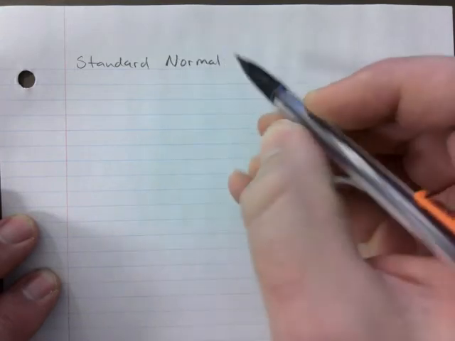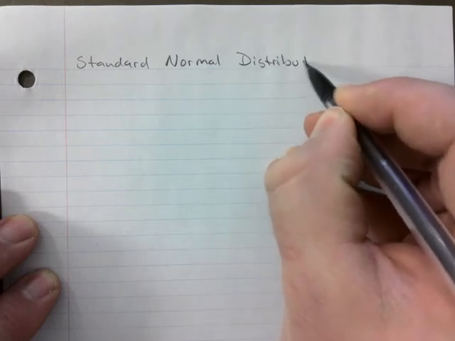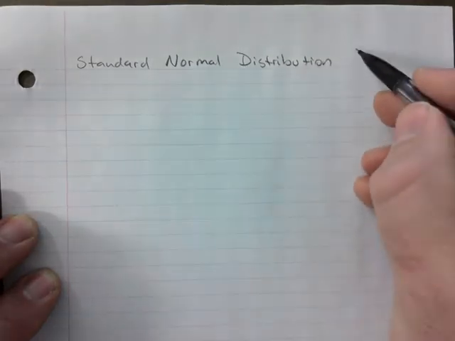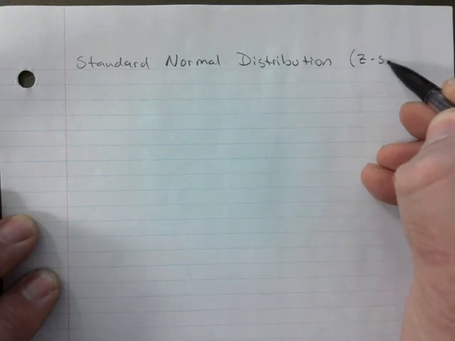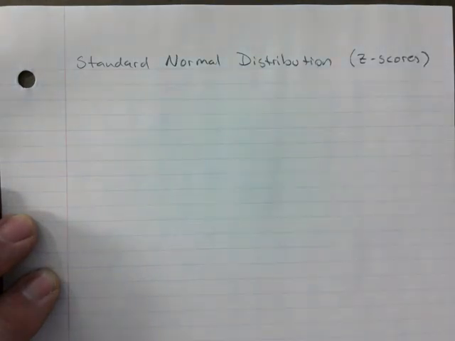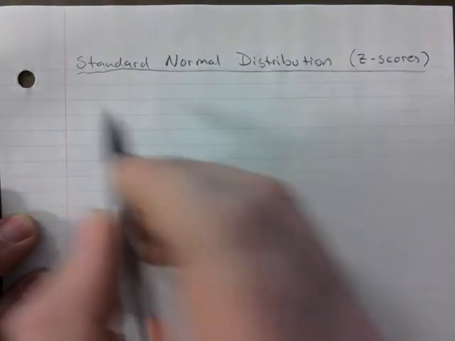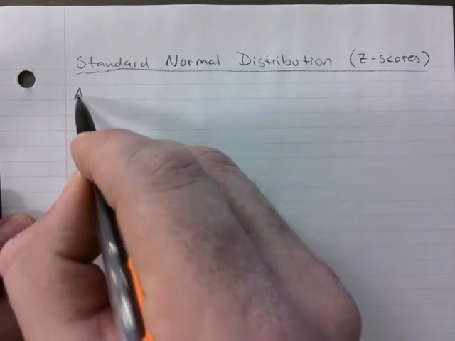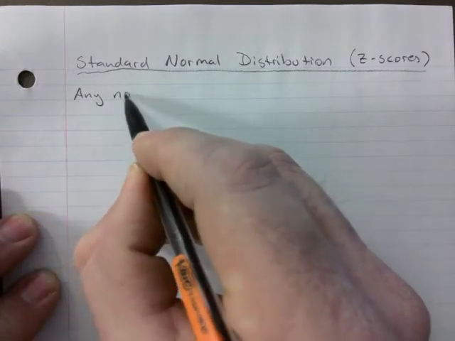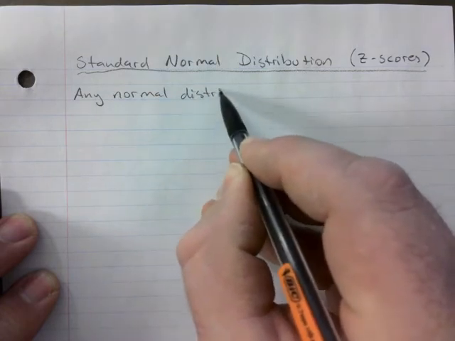Standard normal distribution. And this is where z-scores come back. Okay, this is our topic there. And we can say that any normal distribution